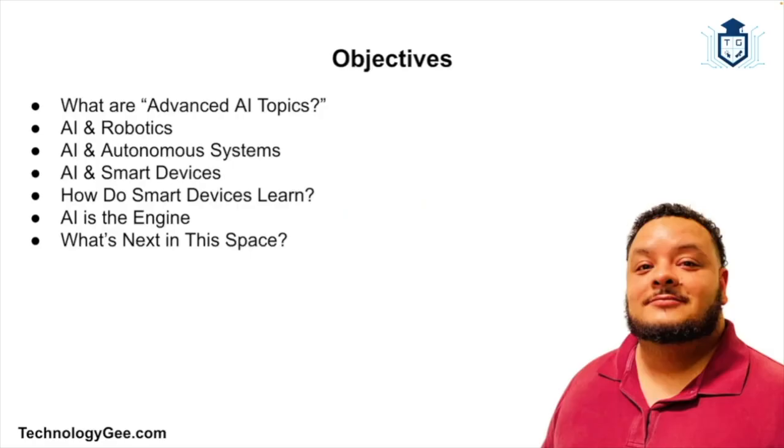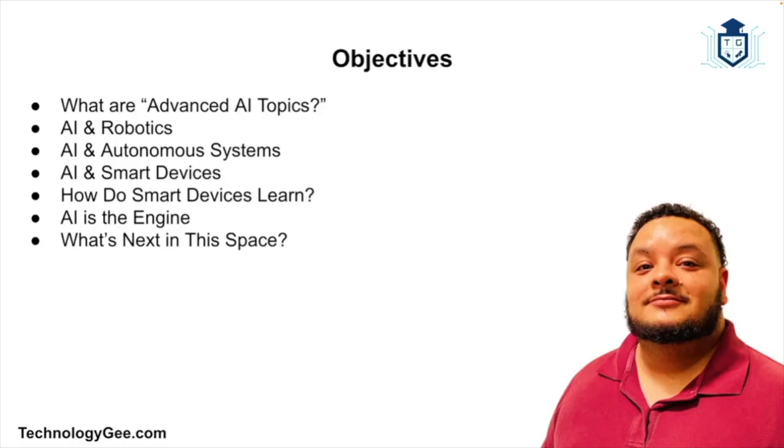All right, so you've already wrapped your head around the basics of artificial intelligence. You know the difference between narrow AI, general AI, and superintelligence, and you're clear on machine learning versus deep learning. And maybe you've even chatted with an AI chatbot or asked Alexa to play your favorite song. But now it's time to go beyond the theory. So let's talk about where AI really comes to life in physical machines that can move, act, and even make decisions on their own. We're talking about robots, autonomous systems, and smart devices.